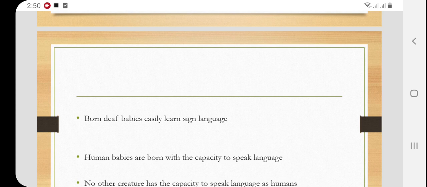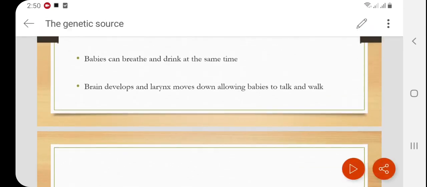Now, while talking about this genetic source, let's start, for the sake of understanding, with this example, that we can speak words through our tongue. We produce sentences, we produce many words through our tongue. But what about the deaf and dumb? The unfortunate children who are,